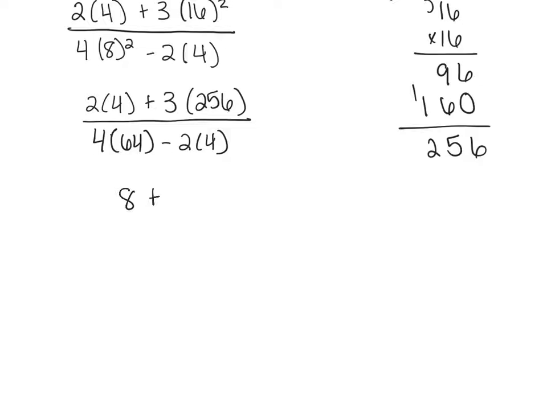Well, I have my 256 over here, so I just write my 3 underneath. When I show my work, I keep a continuous log because a lot of them relate. Like I did 16 squared, and that gave me my answer. Then I had an operation I needed to do to that, so I needed to multiply it. So over here, I'm going to multiply that by 3. 6 times 3 is 18. 3 times 5 is 15. Add the 1 is 16. 3 times 2 is 6. Plus 1 is 7. So we have 768 over